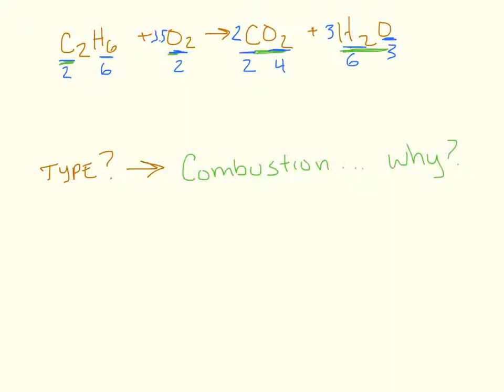So remember what we learned in class. We have 3.5 oxygen, so now we have to multiply each of these coefficients, right? Each coefficient by 2. So now our final balanced equation is going to look like C2H6 plus